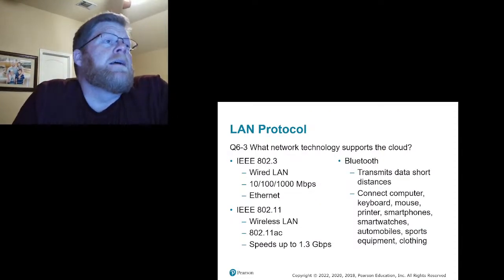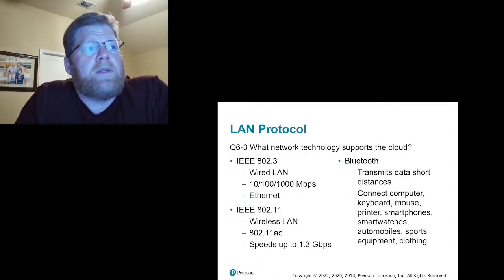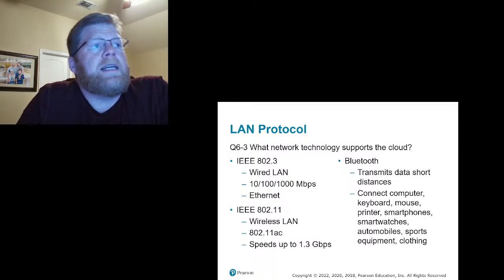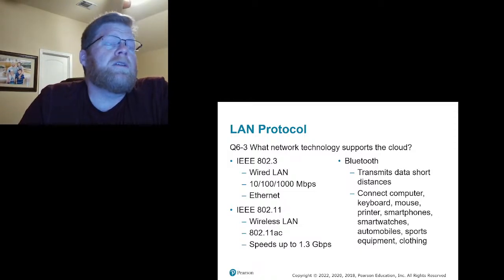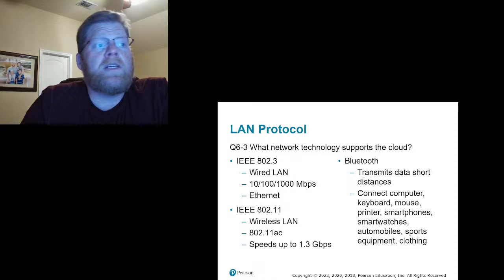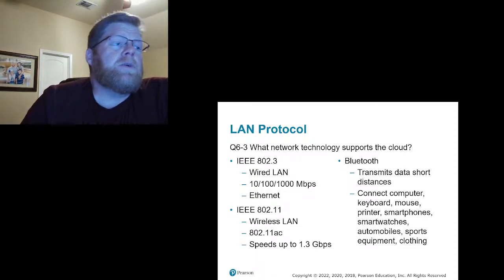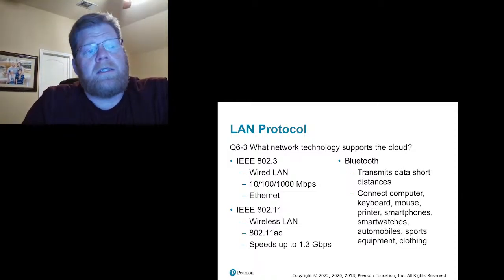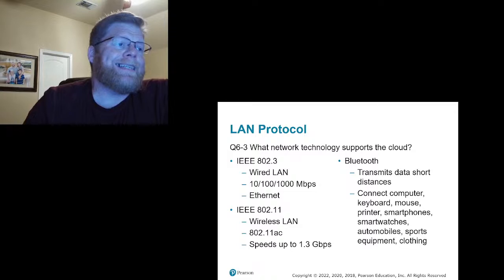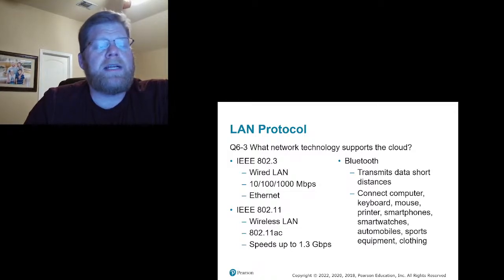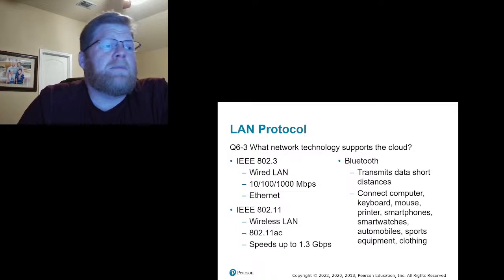Okay. So you got your IEEE communication. Your wired LAN, excuse me, is 802.3. Your wireless LAN is 802.11. The current communication speeds is AC speeds of up to 1.3. This is actually from 2022. Again, when the book was published, I think we're up to